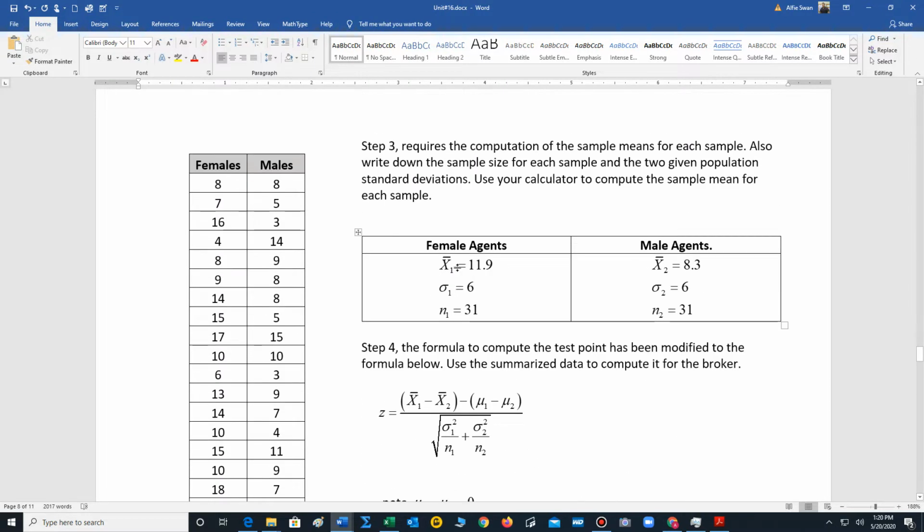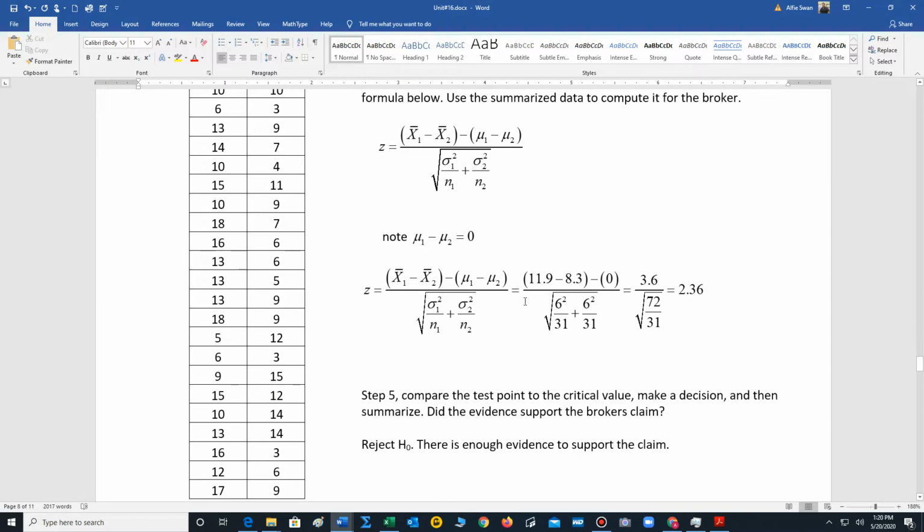So we take our sample information and we insert it into our formula. So mu1 minus mu2 becomes 0. We have the difference in the sample means, and we have our other information here. So just make sure when you're computing this in your calculator to use parentheses. And so we perform our calculations, and we end up with a test point of